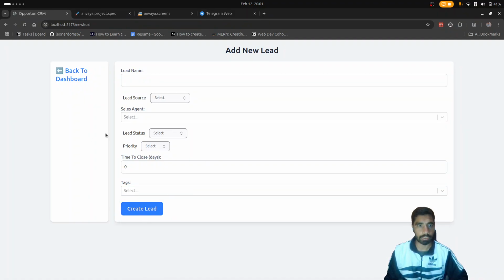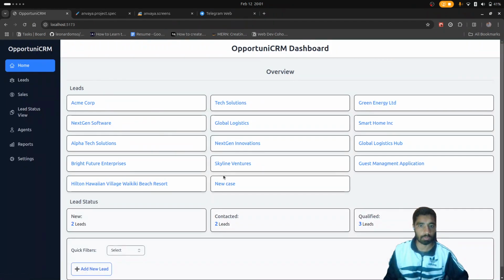It will create a new lead, and if we go back to the dashboard, it will show our new case, new lead added successfully, and it will automatically update into the qualified leads dynamically.